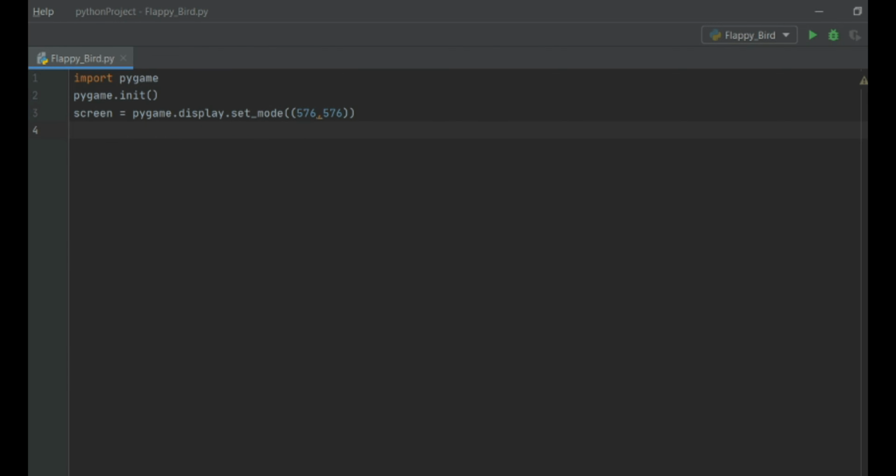And now when we run this Flappy Bird over here, you guys can see it just appears for a split second and then it goes away. That's because we haven't made a loop. When that loop is true, this game will keep running, and when it becomes false, it'll stop. So to make a loop, you just write down while True,